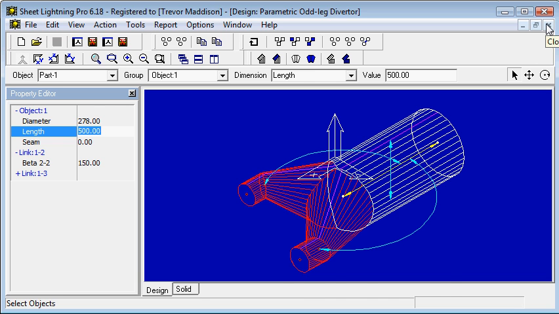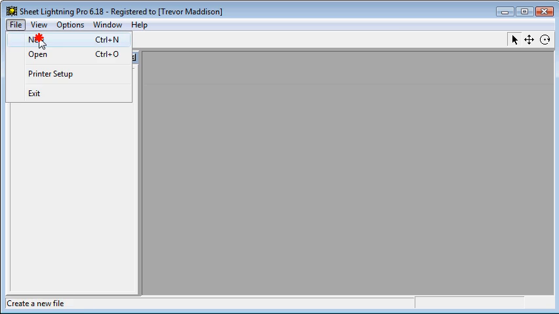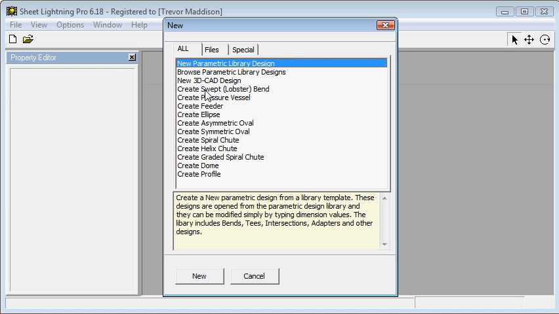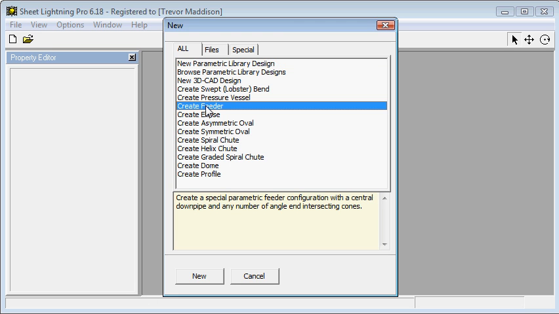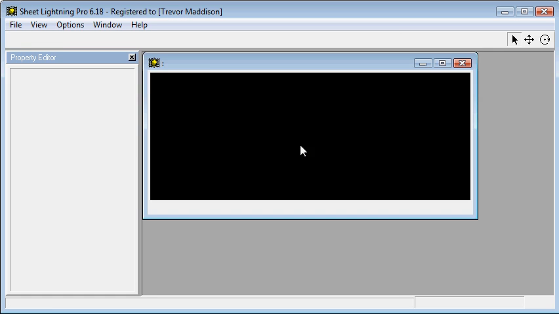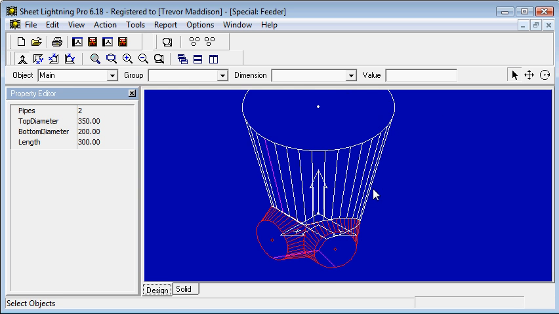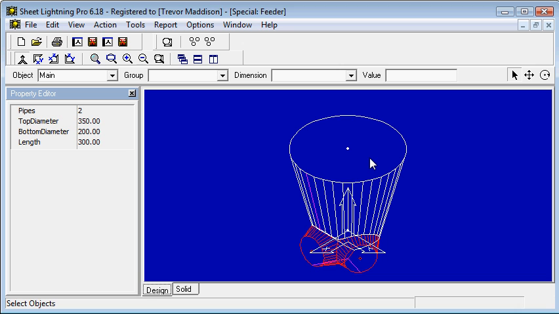a variety of designs. Okay, let's close that and go back to the new menu, and before we look at 3D design, let's have a look at one or two of the specials. Let's try the feeder. Okay, if we press new, up comes a new special parametric, which is a feeder. Now this can be even more powerful than some of the parametric designs, because it will generate parts according to settings here. So if we go to the pipes setting and set that to 5, what we see is the